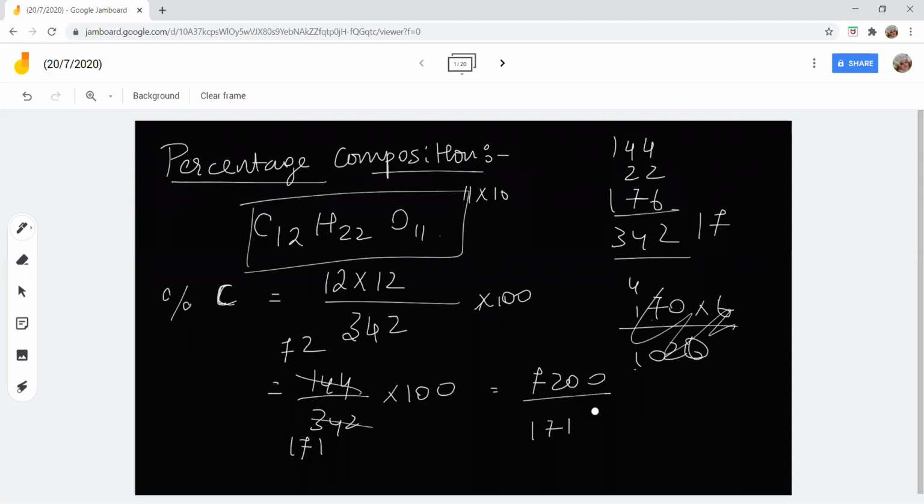If it is 170 into 5, you will get around the 720 range. So it will be around 42 point something, let's have 2 or 3, not more than that. So 42.2 will be the maximum. So the percentage of carbon is 42.2 percent. You all understand? So similarly,